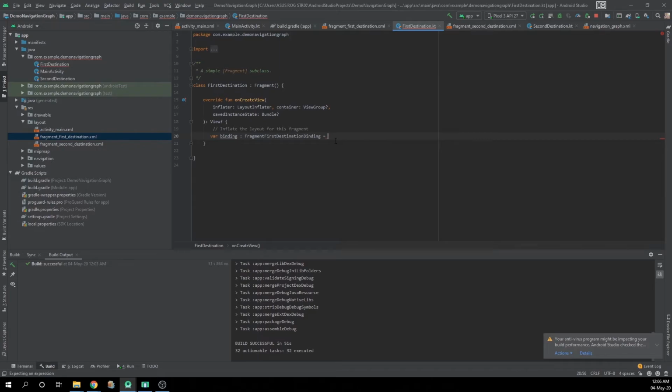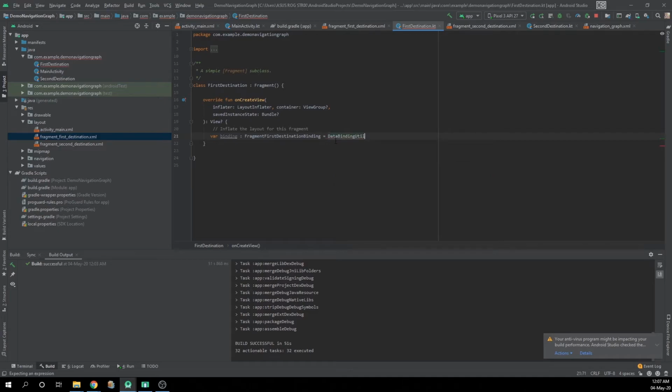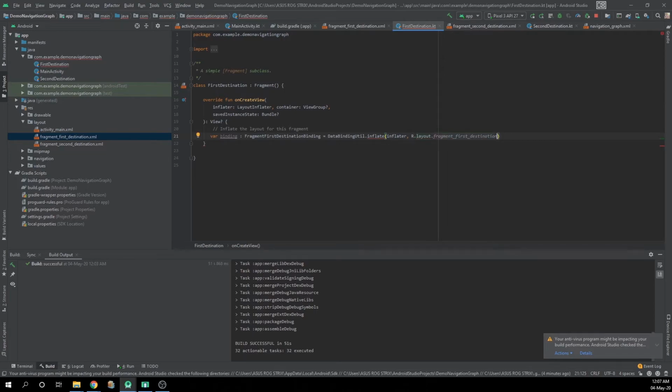And it's equal to, then you need to call the class DataBindingUtil.inflate, and the first parameter is the inflater. The second parameter is your layout file, I mean your current fragment layout file, first destination, and